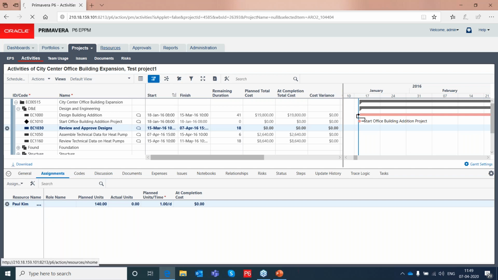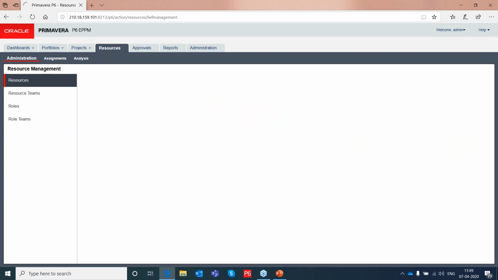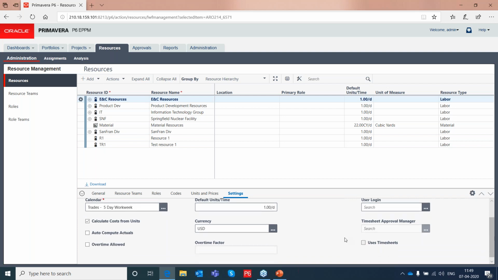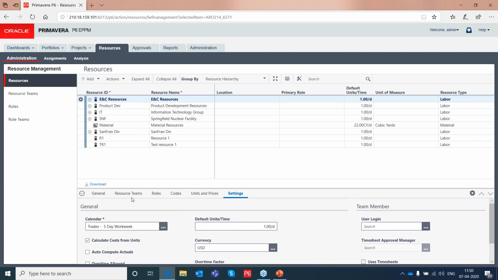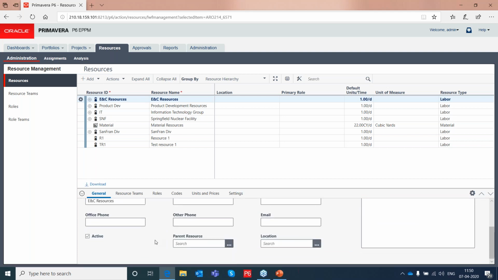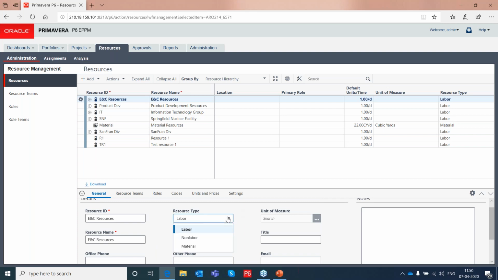Go to the resource tab. You have administration here, and in that you can have all your resources defined, right? Go to general, you can see general details about that resource and what type of resource it is, labor, non-labor or material.